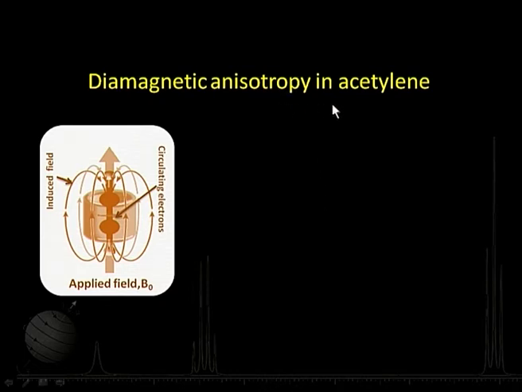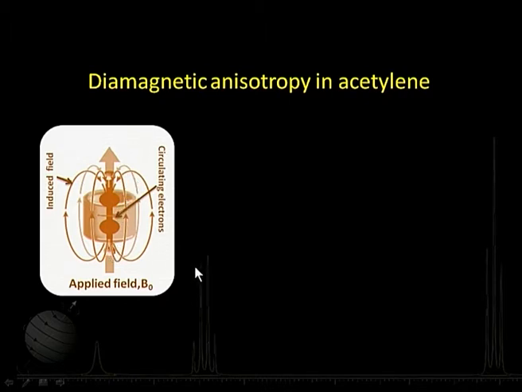Acetylene, we know, is a linear molecule. We have one carbon, another carbon, one hydrogen here, another hydrogen here. It has been shown vertically for a reason. Now, this molecule of acetylene actually has a kind of cylinder of pi cloud around it, because we know that there are two pi bonds. That means this is the carbon-carbon sigma bond, there is one carbon-carbon pi bond here, and another pi bond in this direction. All put together, that creates a cylindrical environment of electron cloud around the molecule.